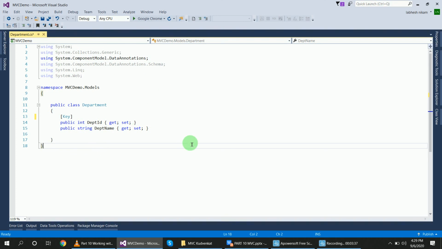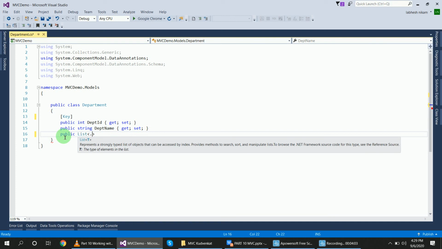Now, this department list I will first display with links, and after clicking on a department we will display the users list. So in this department class I will add a public list of users.